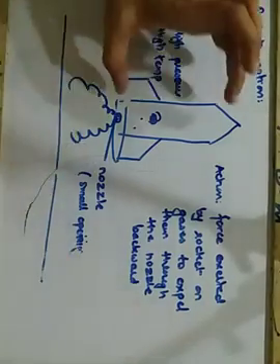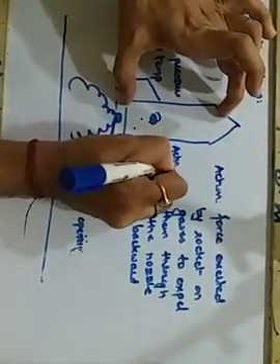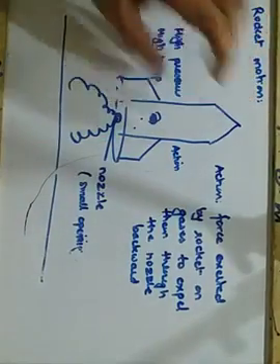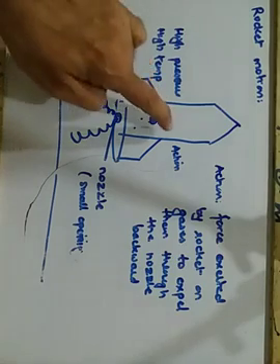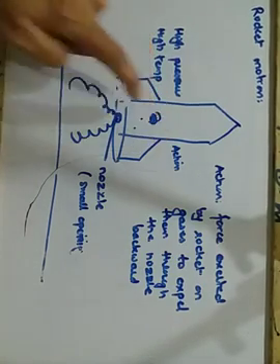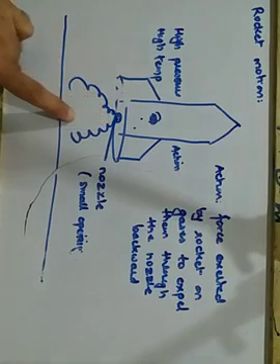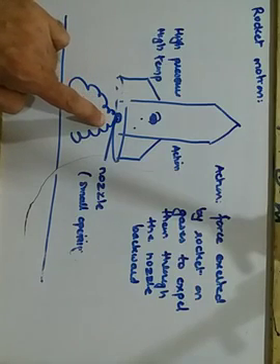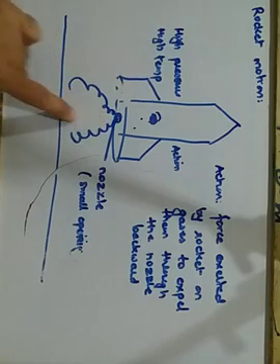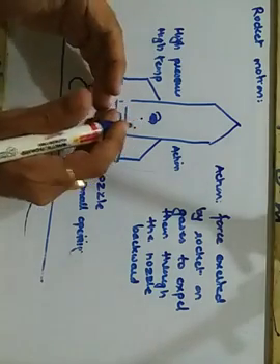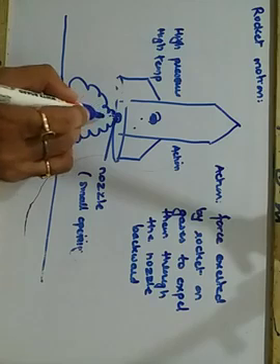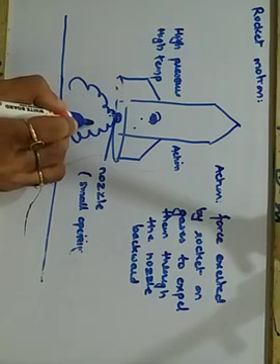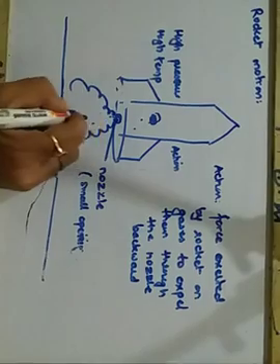So what is happening is the rocket is creating an action. What is the action done by it? It is burning the fuel with a high pressure and at a high temperature. And when this action is taking place, through the nozzle the fumes, the smoke, the gases which are coming out in the downward direction, in the backward direction, will create a pressure on the ground surface. So the outgoing gases will exert an equal and opposite force.